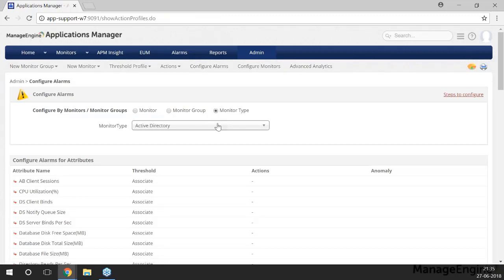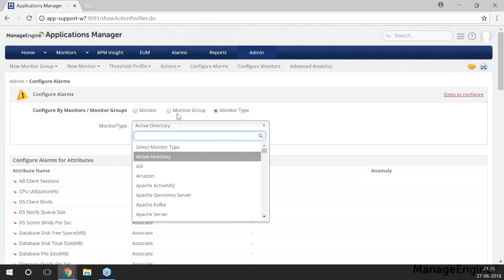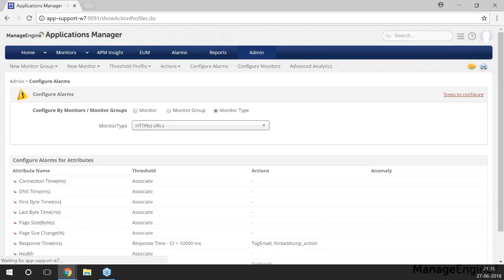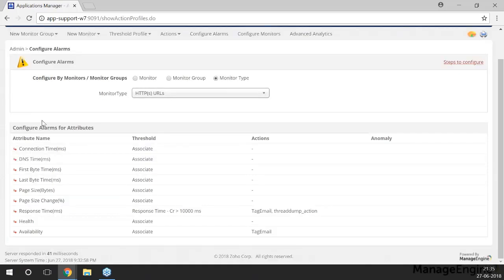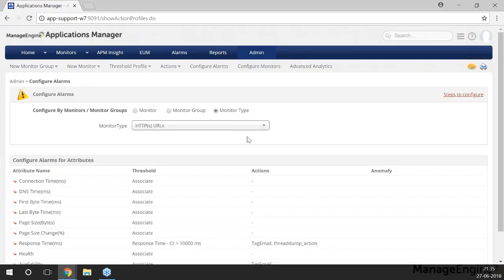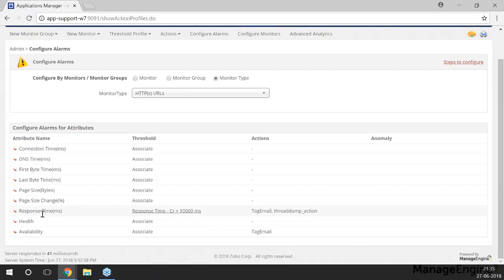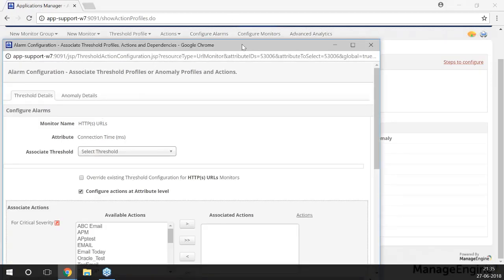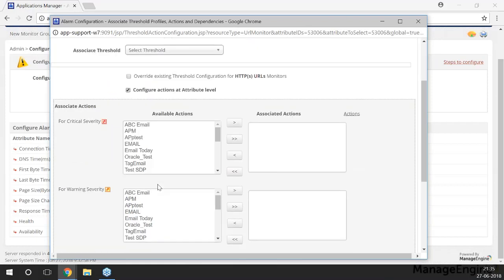So when you create a monitor type, for example, if I select the URL monitors, you will see that the different attributes for which thresholds can be configured are listed right here. For this, I already have the thresholds. So what I can possibly do is associate a threshold and configure actions at attribute level, and then again the email